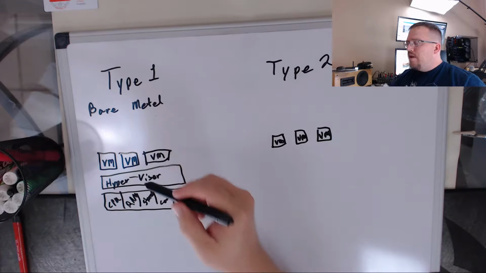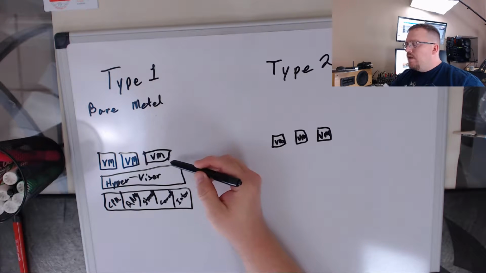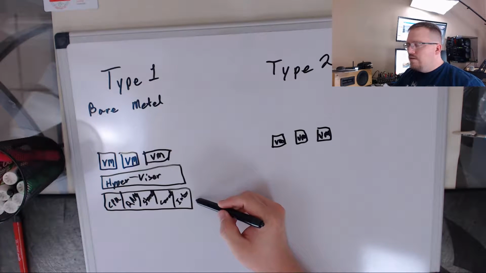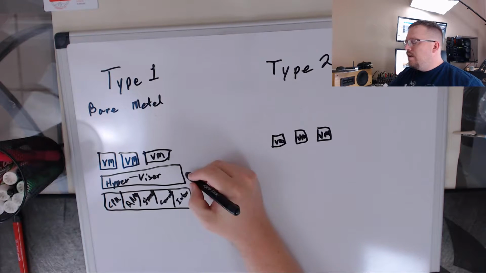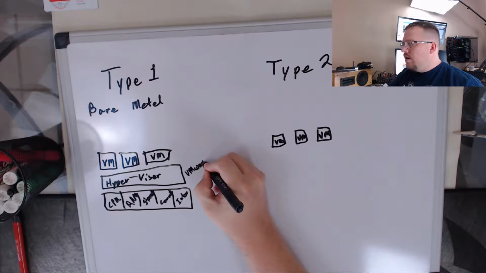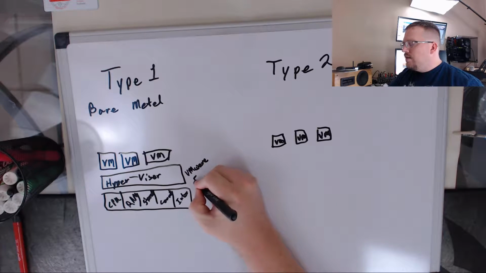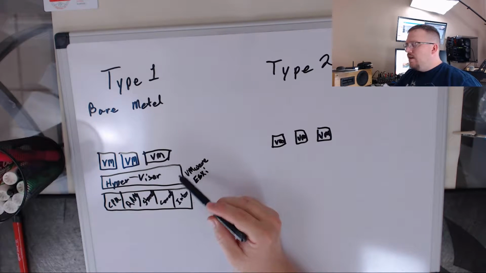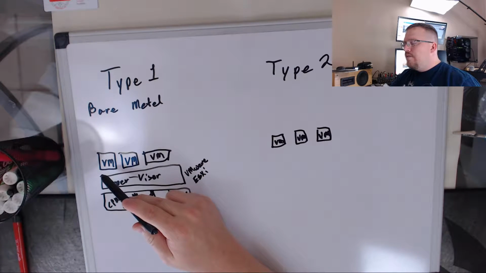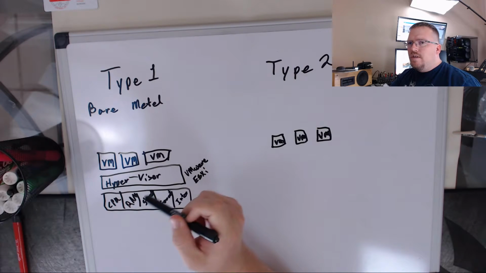So in a bare metal setup, you'll have your hardware, which is controlled by your hypervisor, something like VMware's ESXi hypervisor that will sit and run on top of that, and then you'll have your VMs that are guests